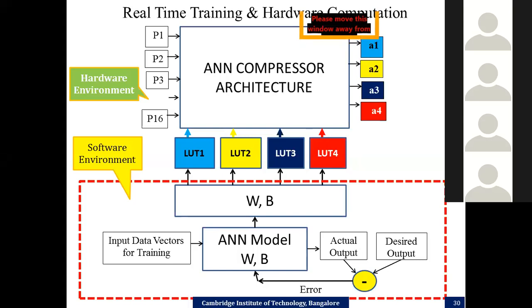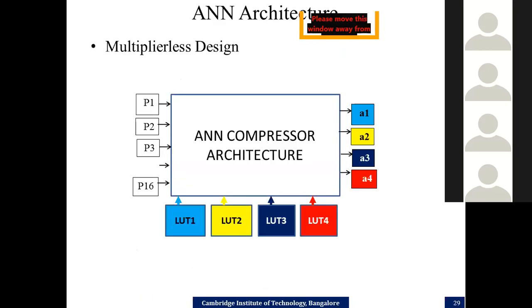Hello. Yes, madam. Sir, you said we have to do the training in software itself. After that, once the training is done, we have to take those trained parameters into our hardware. Yes. So how, sir? After training, we have a lot of parameters, weights and bias. So how to convert those things into hardware, sir? Because memory is needed. I don't know how to convert the training inputs to hardware. Okay, madam, let me go back.